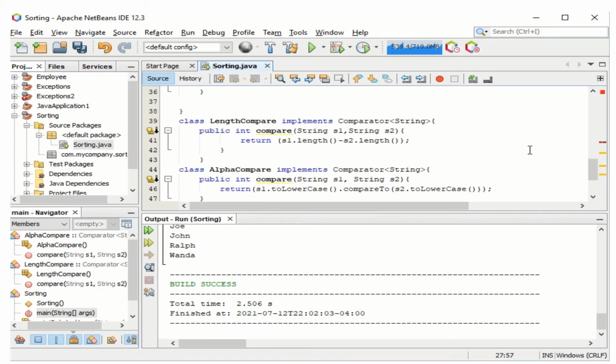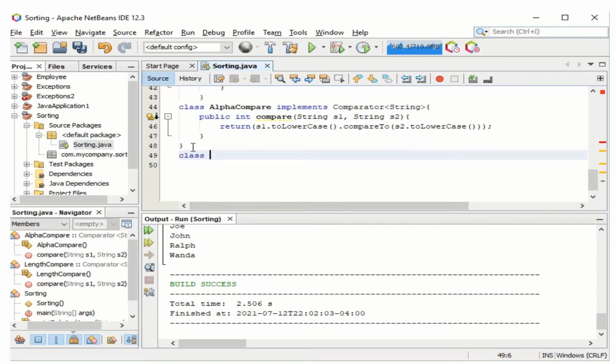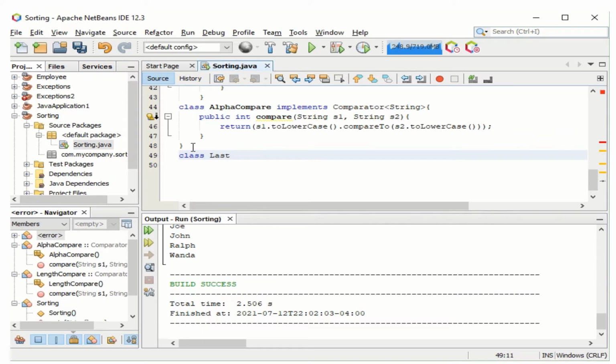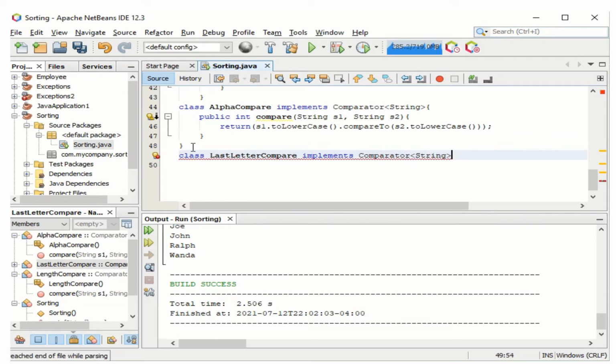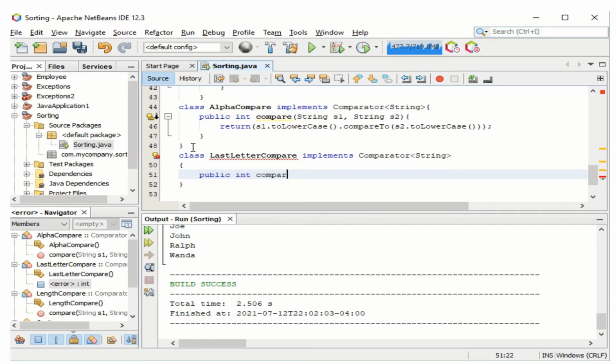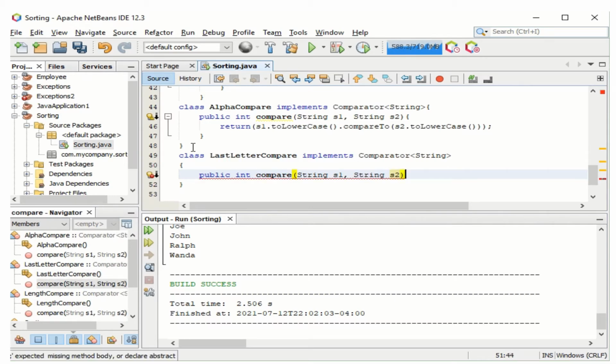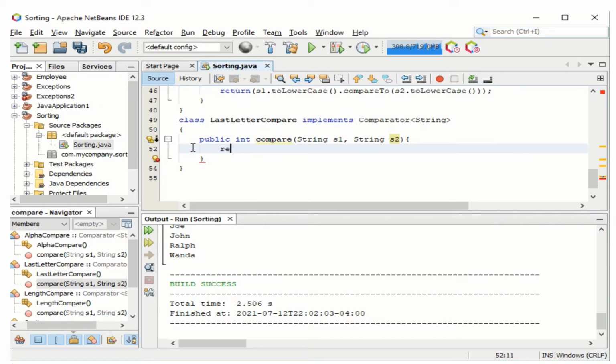So here what we need is to define the class last letter compare that implements comparator string, and here we have a public int compare string s1 and string s2, and we are going to return s1 dot